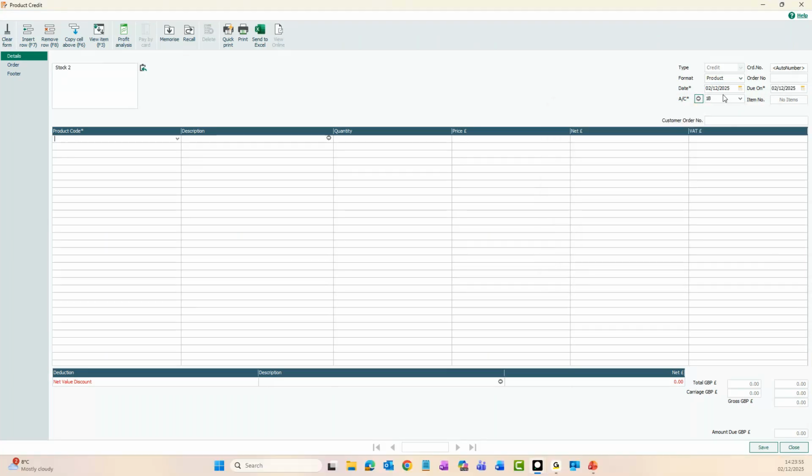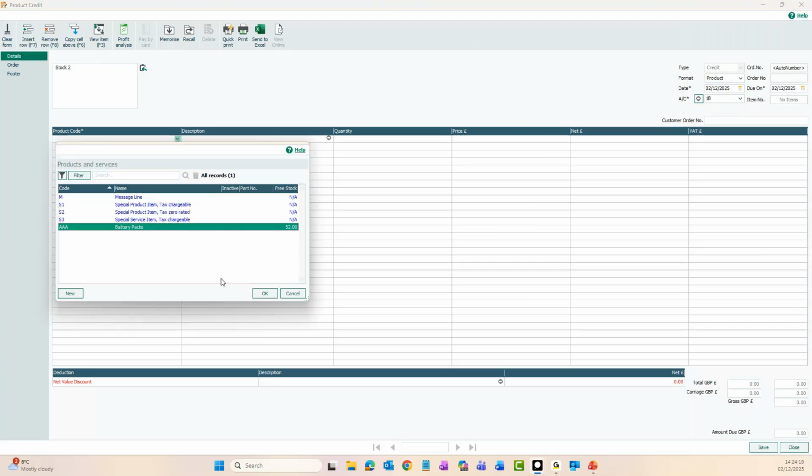Now the date, that's entirely up to yourself. You can either use the same date as the original invoice, but it is going to depend on things like, have you run a year end since the original invoice date was posted? Have you run any of the reports? Do you need to change that date on there? So that date is going to be dependent on what you want to show on your actual reports there. But I'm going to choose my product code,